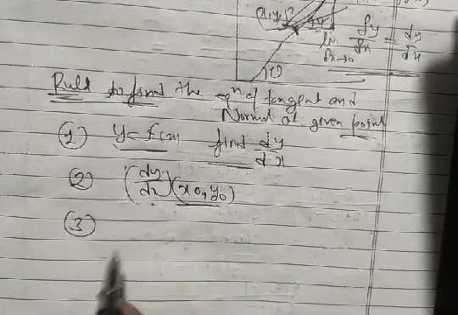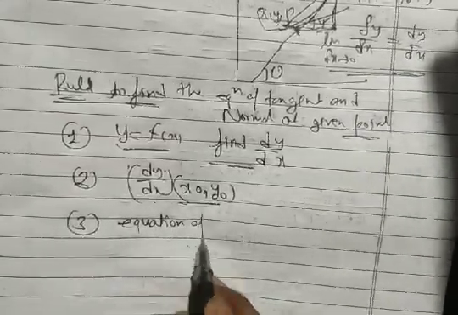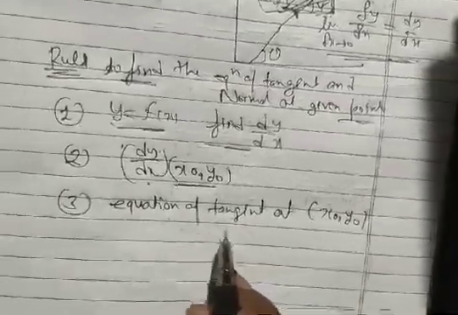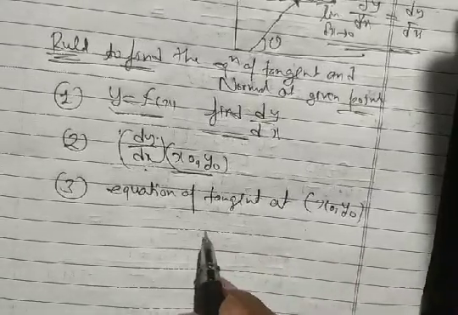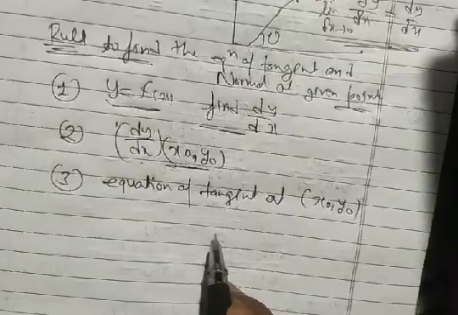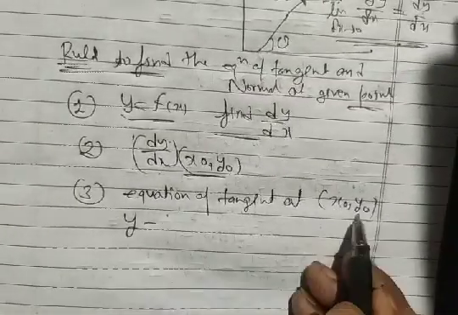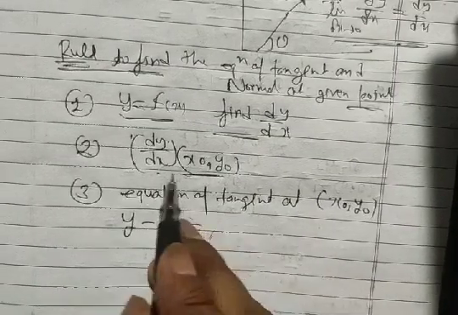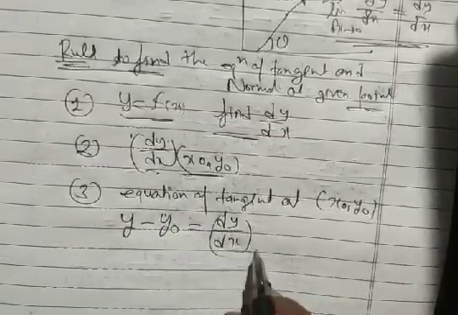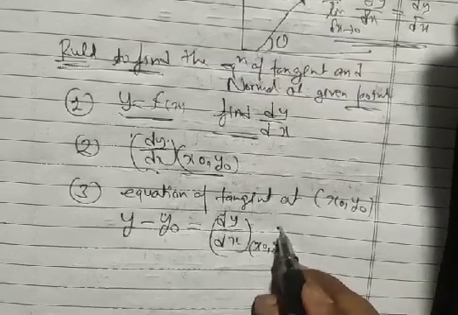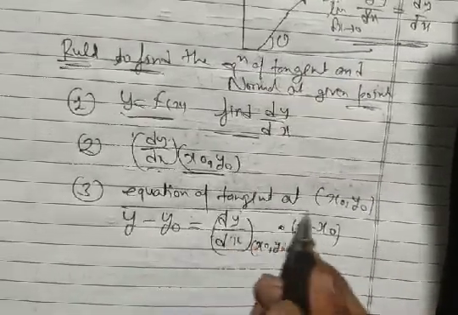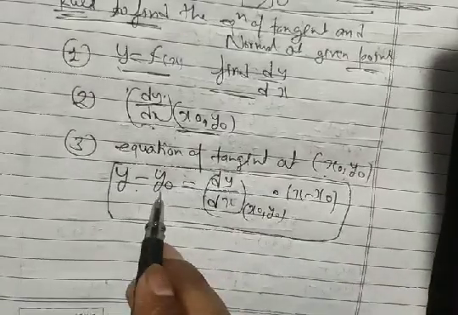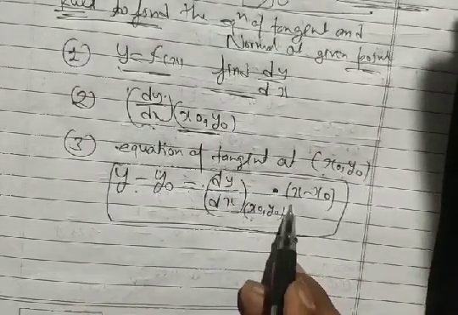Then what do we do after that? Just suppose we have to find the equation of the tangent. What is our equation of tangent at (x0, y0)? How do we get it? Remember the slope formula for lines from class 11, when you learned about the equation of lines. We have y minus y1 equals the slope m into x minus x1. Taking the point (x0, y0), at the place of m we have the slope dy/dx at the point (x0, y0). So the equation of tangent at (x0, y0) is y minus y0 equals dy/dx at the point (x0, y0) into x minus x0.